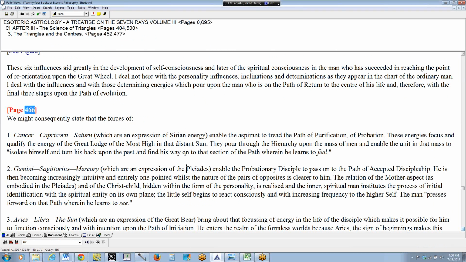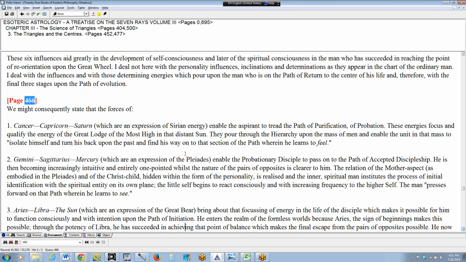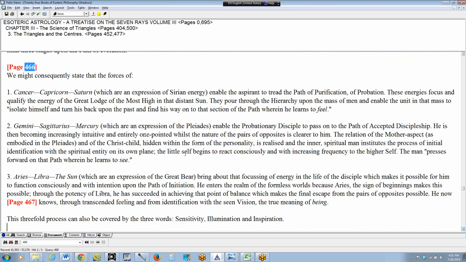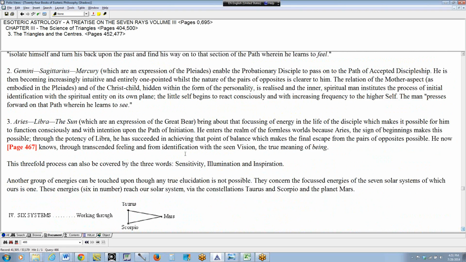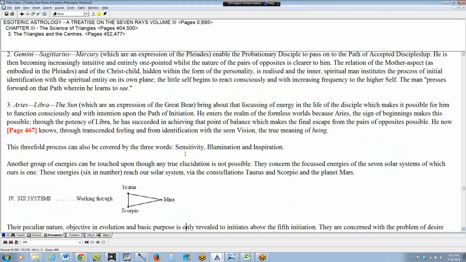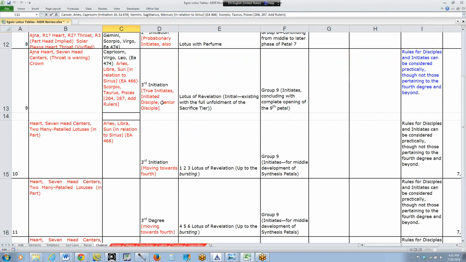Okay, Aries, Libra, and the Sun. They are an expression of the Great Bear, which brings about the focusing of the life energy. So it's not so much Sirius as it is the Great Bear. And I better put that in. Although, you know, Sirius is very, very strong at the third initiation, just as Venus is. Venus is, in a way, the lower octave of Sirius. That triangle, Venus, heart of the Sun, Sirius. Okay. Now,